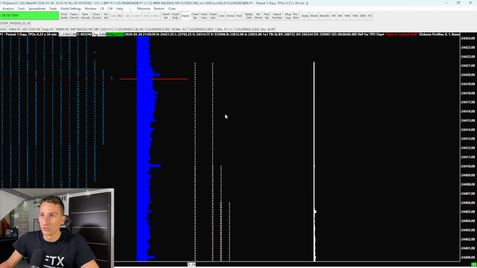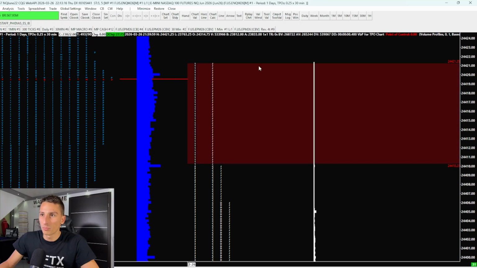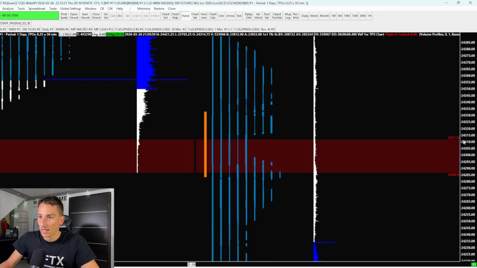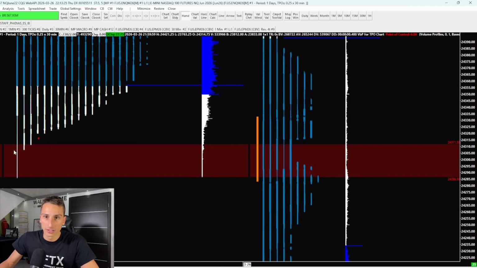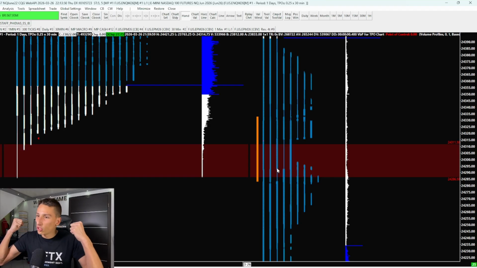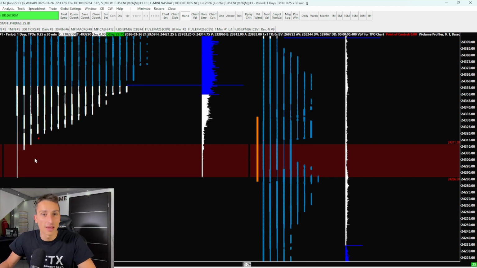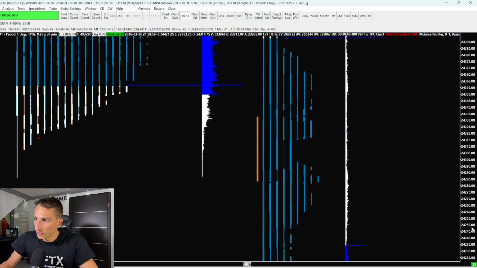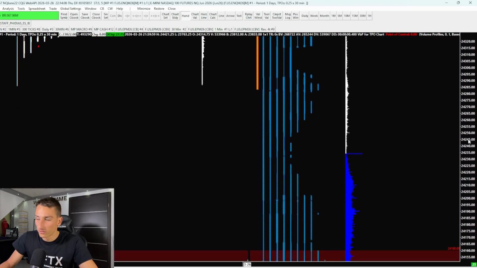And look at today. Look at today. So today we had, okay, at the top of the day a nice single print, and I'm just drawing it like that. Then yesterday we had a single print too at the bottom of the day. We just worked it. Okay, we were in this area and we worked it. There was a lot of volume to work this area, because yesterday we didn't spend enough time in this area. So that's why today there was a lot of volume inside of this area. So I can remove it because it's not relevant anymore. This area too,